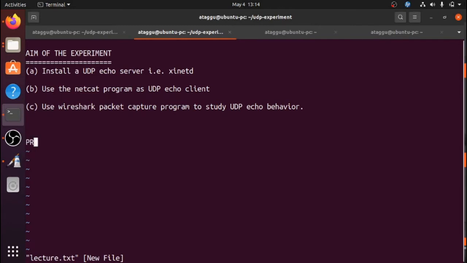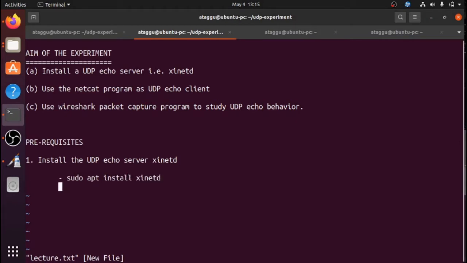You can call it the prerequisite, meaning the requirement before you run the experiment. Prerequisite is first you have to install the UDP echo server XINetD. And how do you do this? You have to simply say sudo apt install xinetd. Once you do this, you have to open a file.